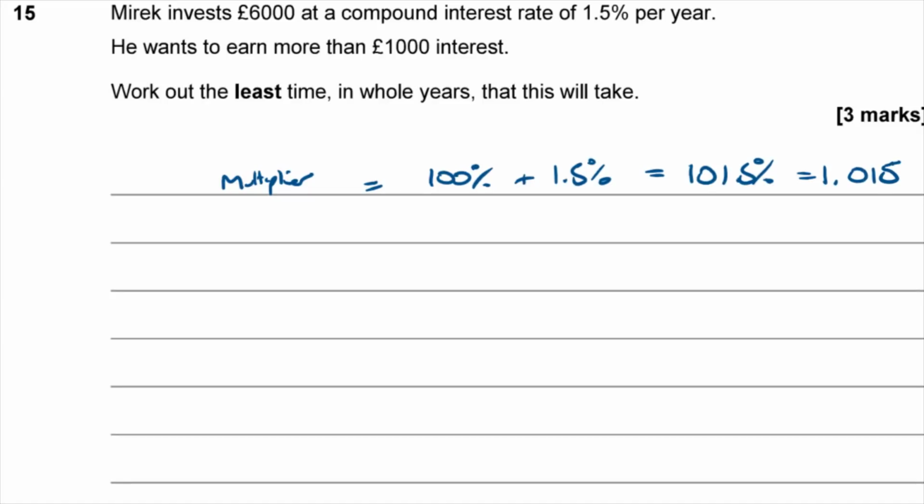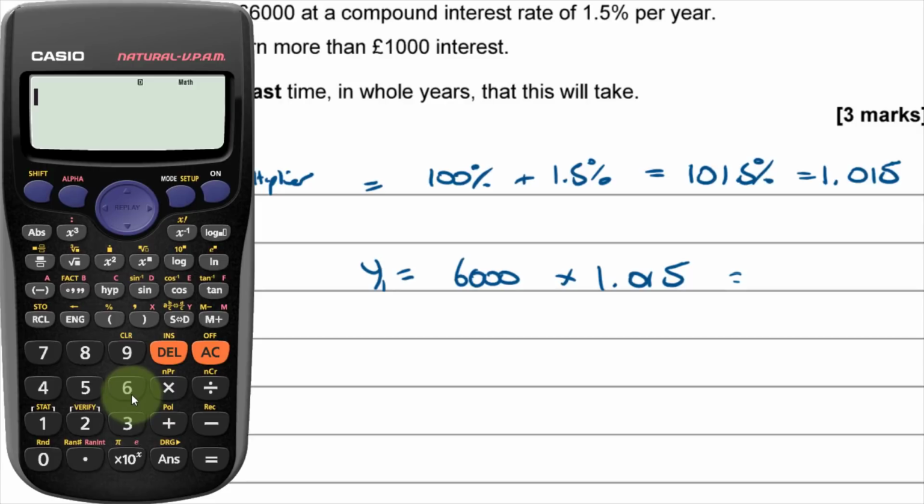Now I'm going to make use of a trick on the calculator to work this out. So after the first year, in year 1, you're going to get £6,000 times 1.015, which is equal to, well, if I just type that into my calculator, 6,000 times 1.015, I'm going to get